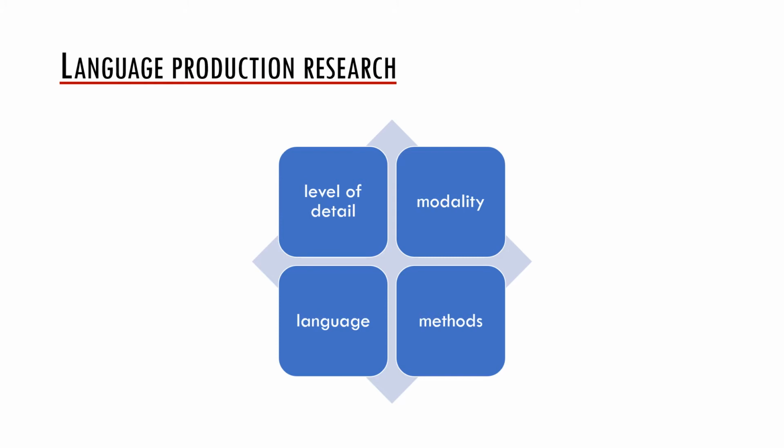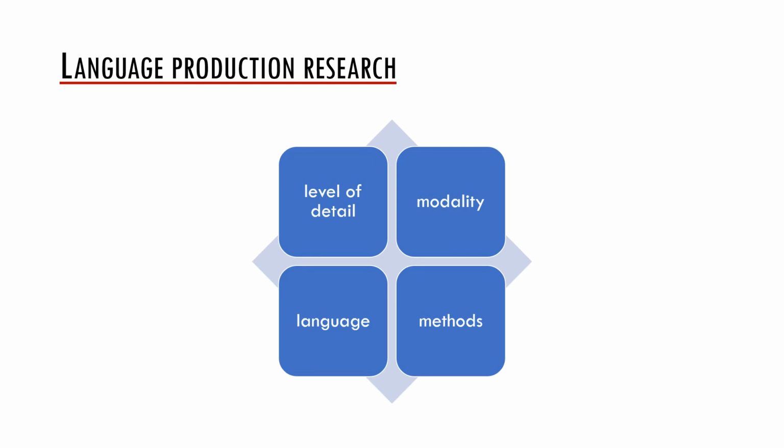The second difference lies in the modality we would focus on. Language production is mostly studied in its spoken modality, at least in the field of psycholinguistics. But there are other modalities one might focus on. On one hand, we may be interested in written production. On the other hand, we may study sign language production. The spoken language production might also be analyzed in relation with co-speech gestures.